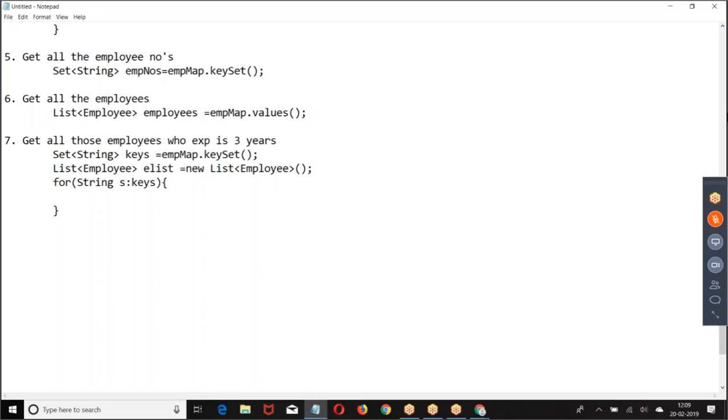Then we are supposed to take the emp map data.